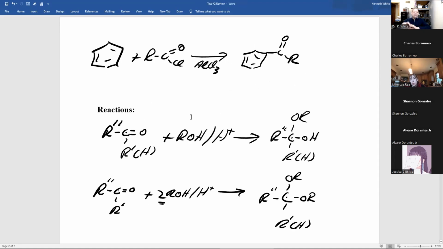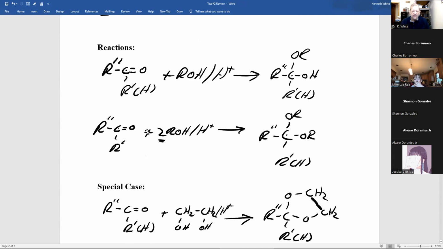Now, next, I showed you a really good reaction, well, they're all good. I didn't show you any bad ones this semester. It's Friedel-Crafts acylation. Friedel-Crafts acylation is if you take a benzene ring with an alkyl chloride, or acid chloride, I'm sorry, and aluminum trichloride, and you make a carbon-carbon single bond, and you make an aromatic ketone. And those have many uses, including sunscreens.